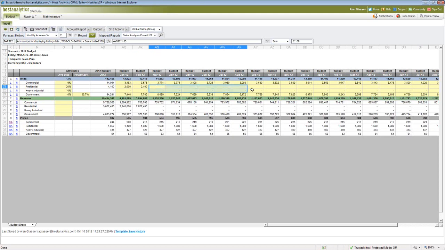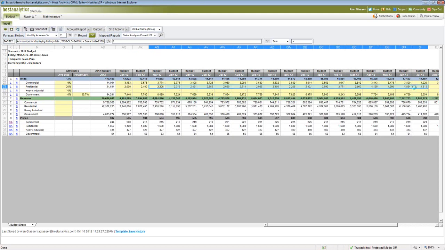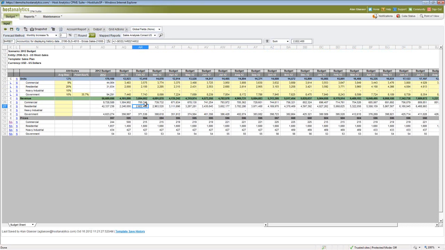I'm doing Control-C, Control-V, and here I have incremented my units, as well as at the same time I have now populated these revenue lines down here, and you can see the formula is up here in the formula line. It shows that I've actually also used a discount pulling from these cells and multiplied my units times my prices.